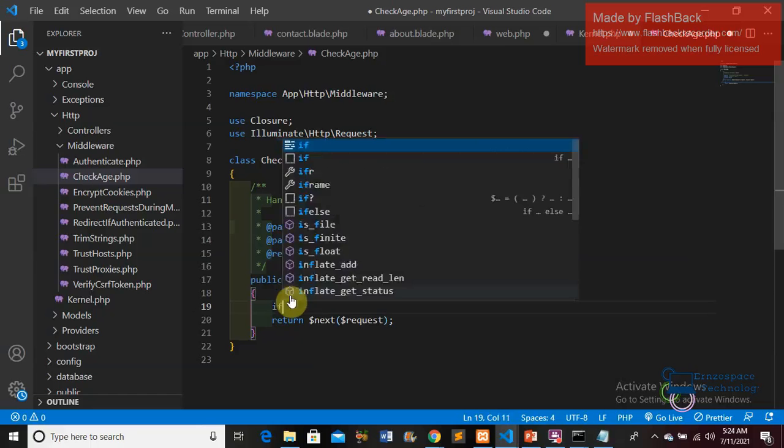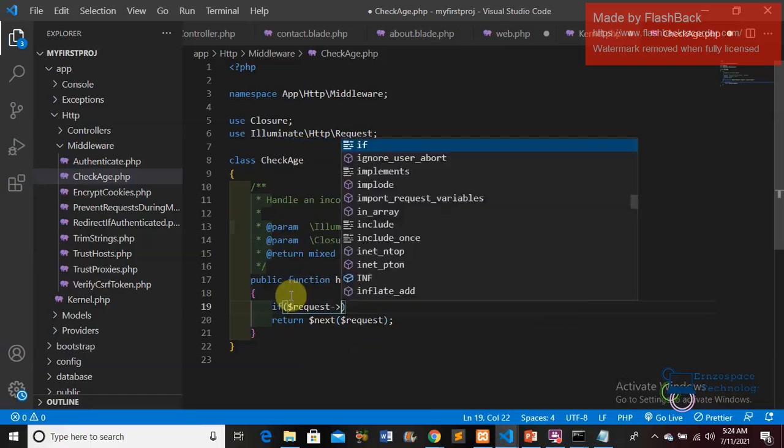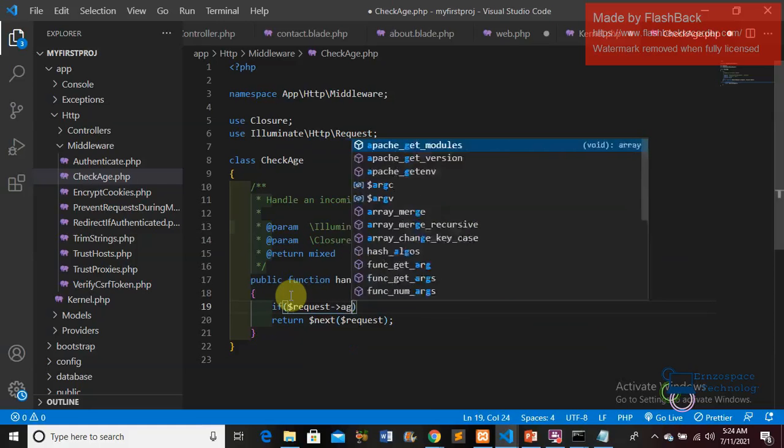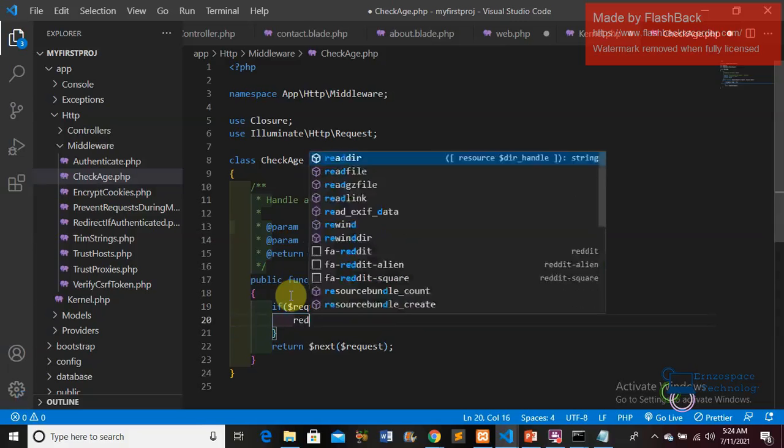I'll say if request age is less than 18. Sorry, is less than 18. If request age is less than 18, what should we do? We should redirect the user back to the home page. So I'll do return